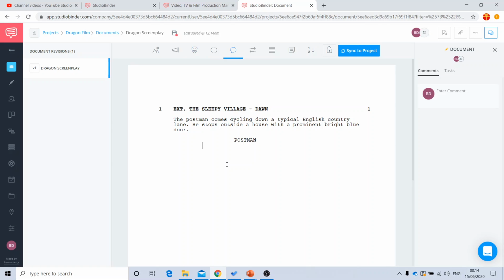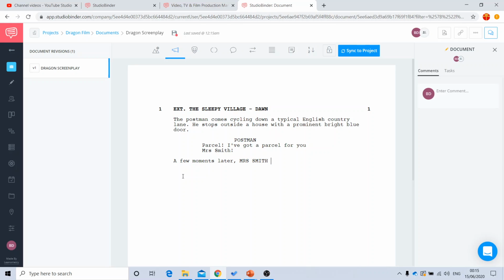If I click return, it will automatically then take me to dialogue, okay? But if it didn't for any reason, I would click dialogue, because the dialogue, for very traditional reasons, always goes here in terms of the margin. So the postman's going to say, "I've got a parcel for you, Mrs. Smith!" Another exclamation mark. Okay, I click and it's taken me automatically back to action, which is perfect because that's exactly what I want. A few moments later,